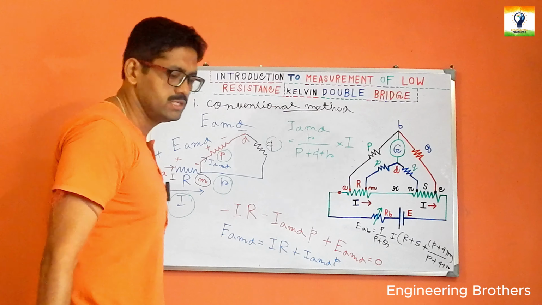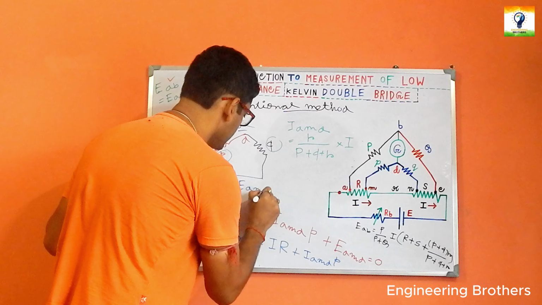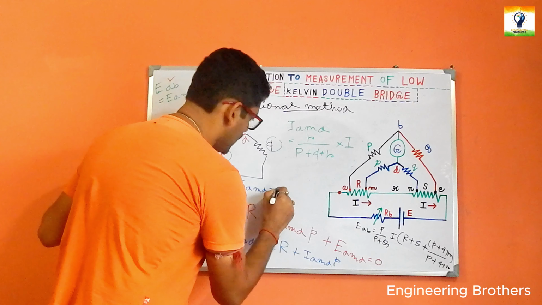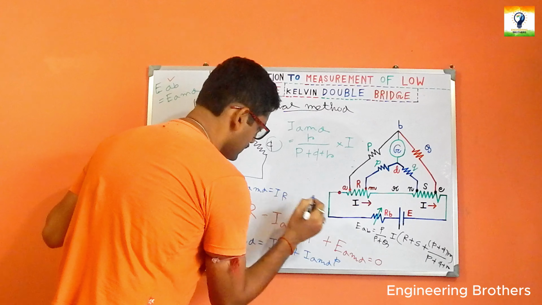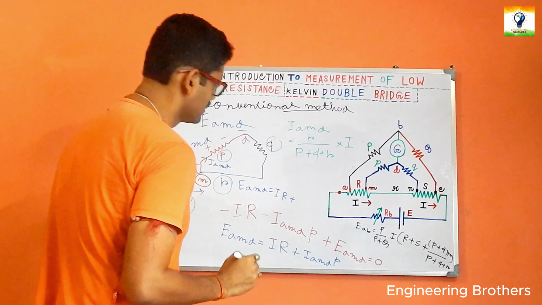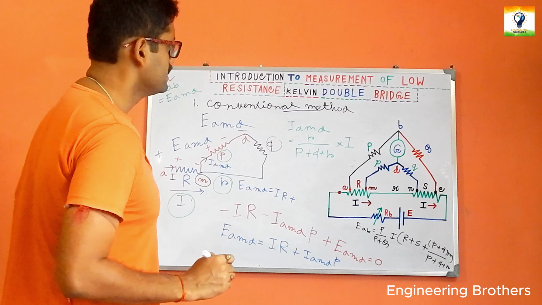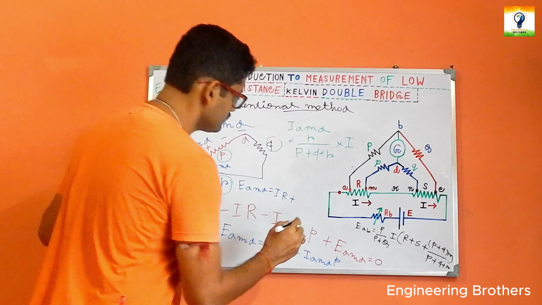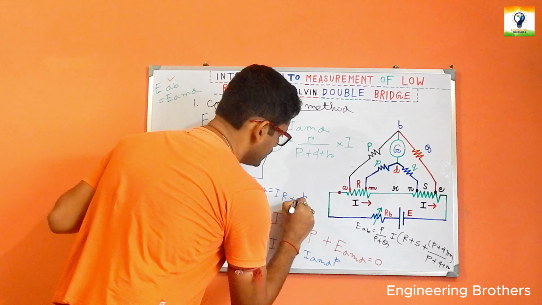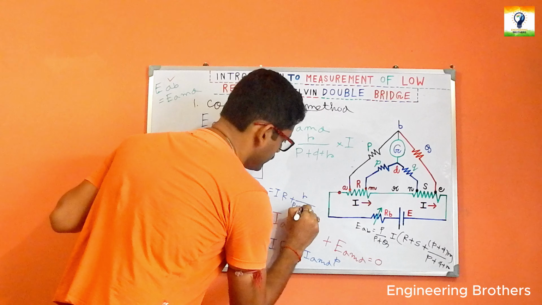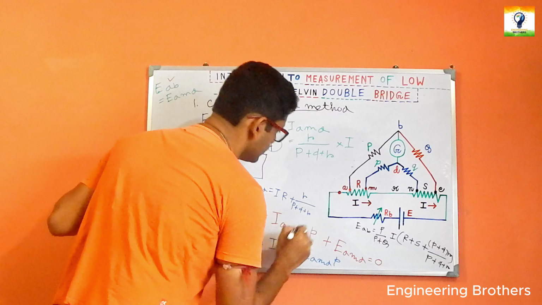That is our main objective. So let us put that over here. So what is ultimately the EAMD? The EAMD is our IR plus the expression of IAMD is this one. So small r divided by P plus Q plus R